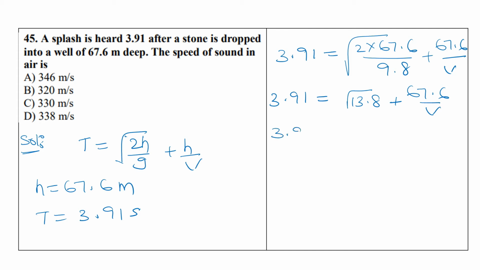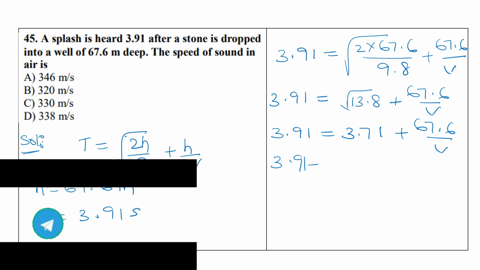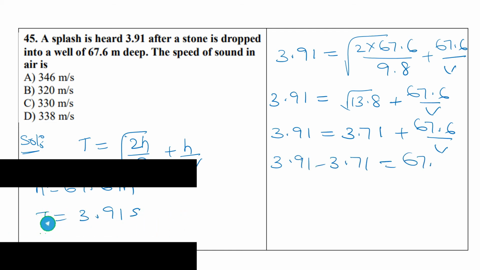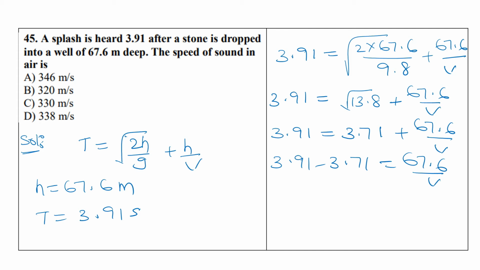So 3.91 is equals to root 13.8 becomes 3.71 plus 67.6 by v. So 3.91 minus 3.71 is equals to 67.6 by v. So this 0.2 is equals to